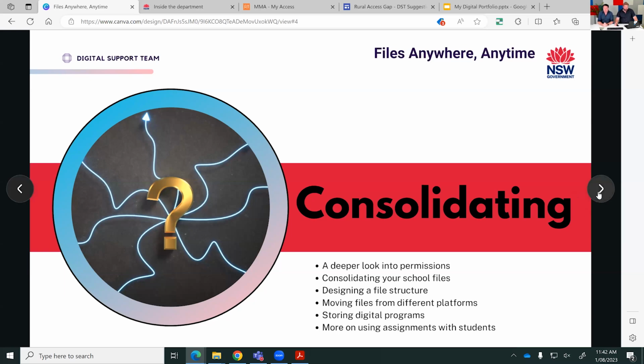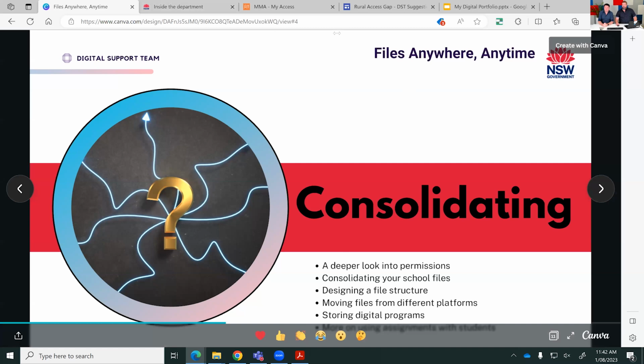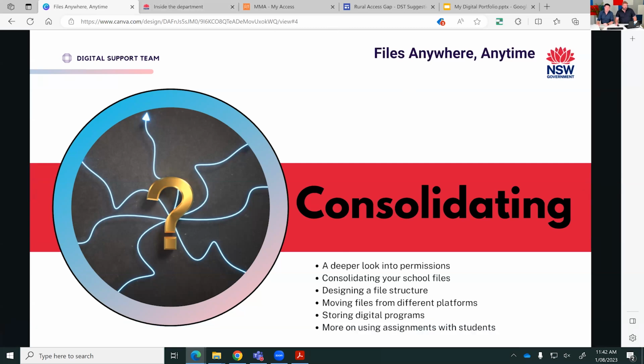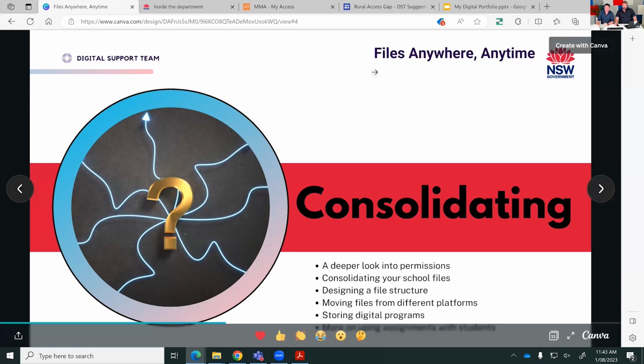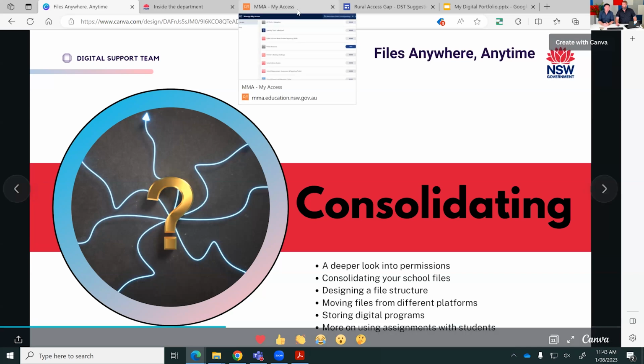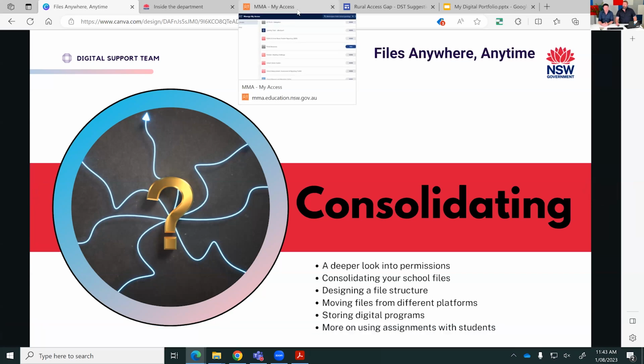Yeah, let's have a look. The first step we're going to do is have a look at how permissions work in Google Shared Drives and what sort of different levels of access. So I am going to probably start by looking at the manage access options, I think. Or should we start looking at MMA maybe? Yeah, I guess we're looking at managing the content from a department, uniform or department systems, and that is the